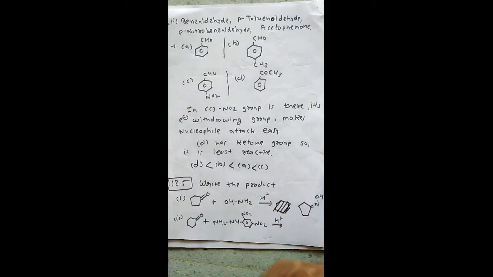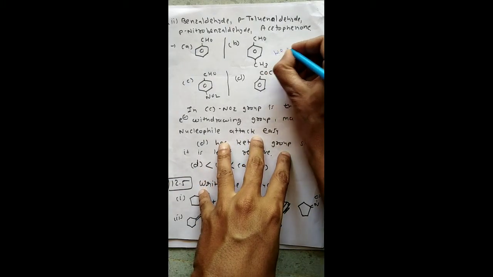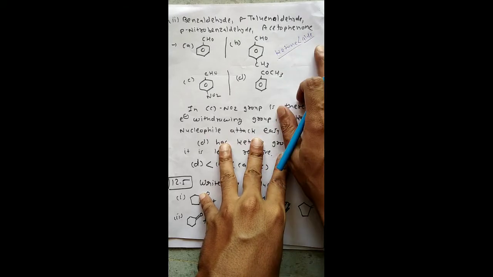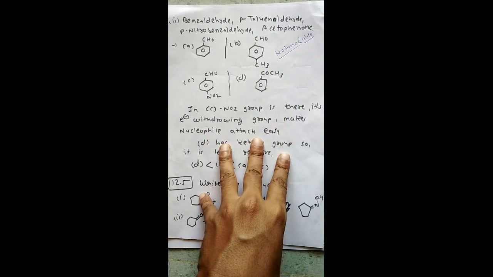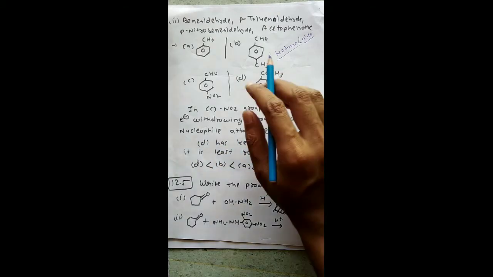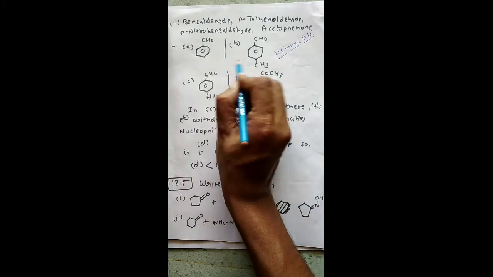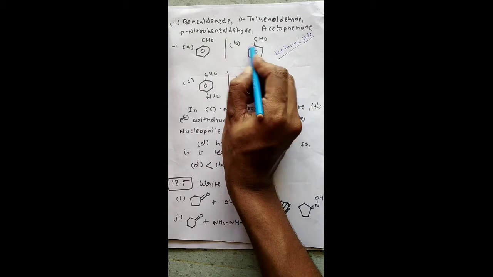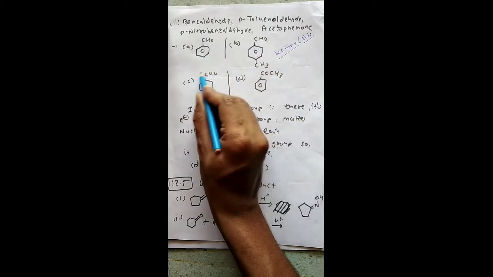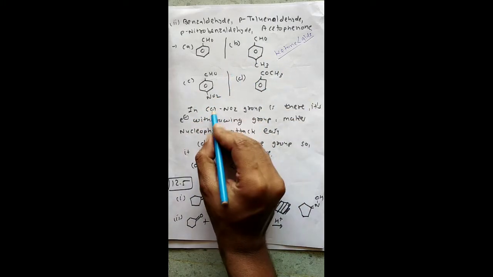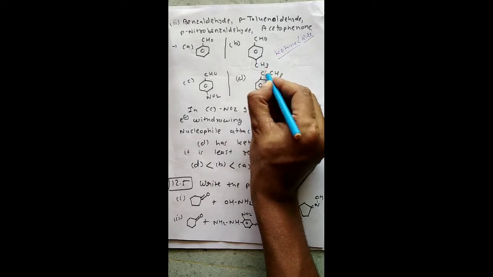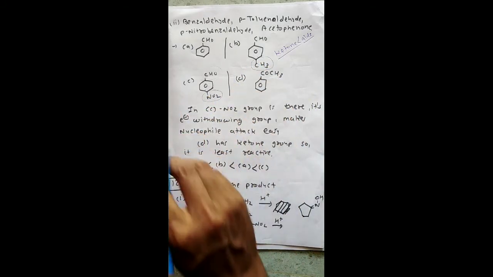Now ketones are less reactive than aldehydes. Okay, ketones are less reactive than aldehydes. So aldehyde is more reactive. Now we have aldehydes, CHO and CHO. You can see this one is an aldehyde, this one is also an aldehyde, so we have 3 aldehydes here. Now this one is a normal aldehyde. This structure has a CH3 group in it, and this structure has an NO2 group in it.